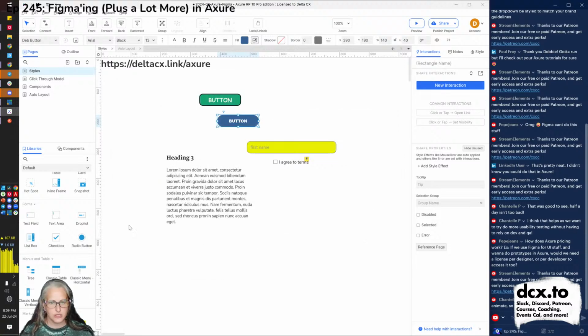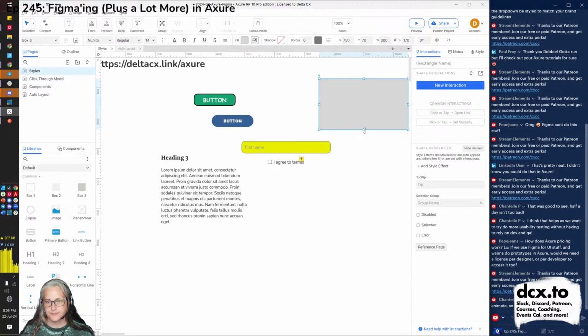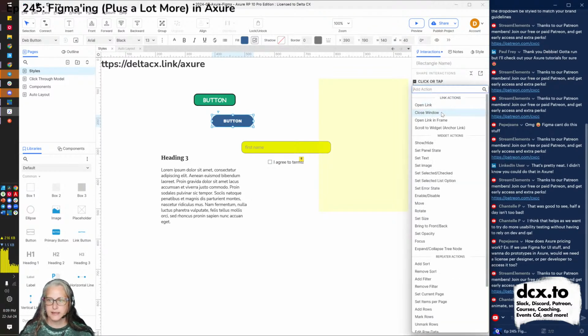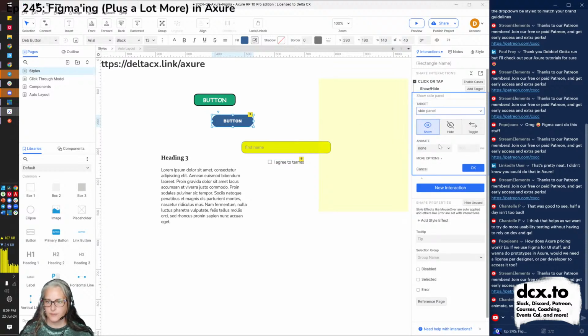In fact, let me build something really quickly for a moment. Let's imagine we have a side panel that slides out. So just for fun, I'm just going to make this box. The box is ugly, and this is the extremely short version of this, and I'm going to say this is our side panel, and by default it's hidden. And when I click this blue button, the side panel slides out. So when I click, show the side panel, show it.